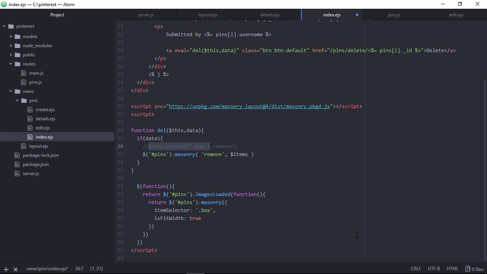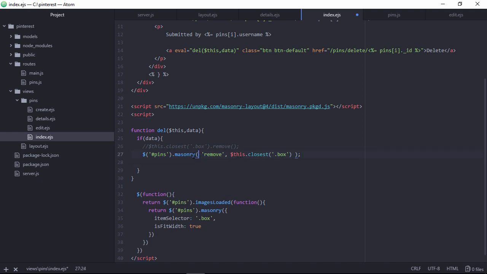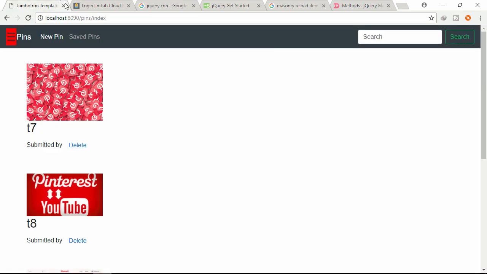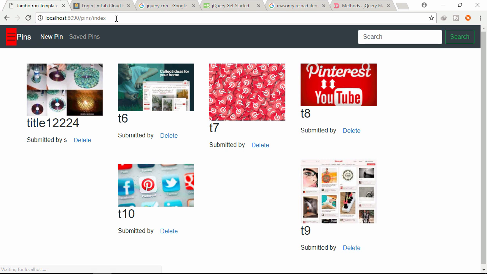So specify the object of this box selector, so this closest box will be removed. Let's copy this line and paste it at the bottom, and here we need to specify layout. This is declared on the GitHub page, that's why I specified it. Let's refresh the page. Now if I click the delete link,